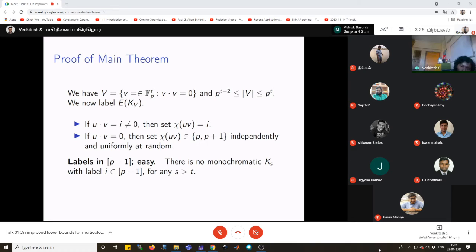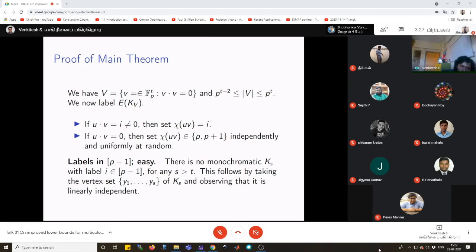Okay, and once again I should say this is an easy case because it's only the statement that seems a little involved, but I'll say this is easy because the vertices are vectors and therefore we can use a slight linear algebra component here. So this is a straightforward one line follow up to the fact that when you take any s many elements, which is the vertex set of a complete graph K_S, they are linearly independent. Okay, and since they are linearly independent in a t-dimensional vector space, this S cannot exceed t.